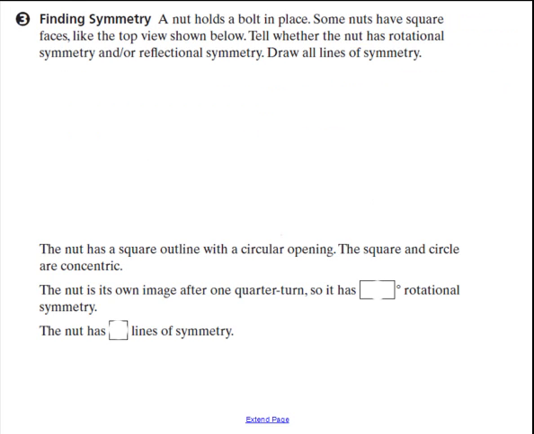Alright, another example, and then one of the quick checks will pop up. Here it says a nut holds a bolt in place. Some nuts have square faces, like the top view shown below. Tell whether the nut has rotational and or reflectional symmetry, and they want us to draw them. So I'm just going to reveal this here. If we think about the square,